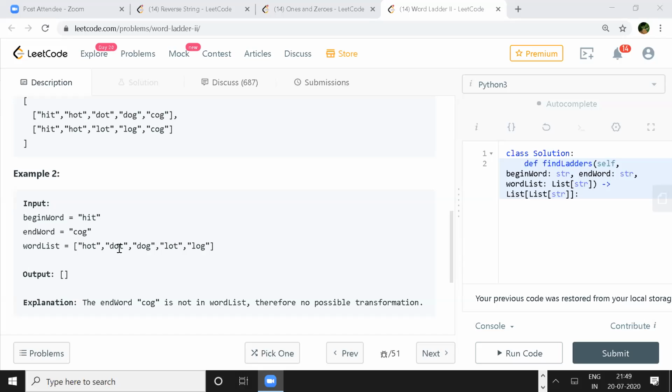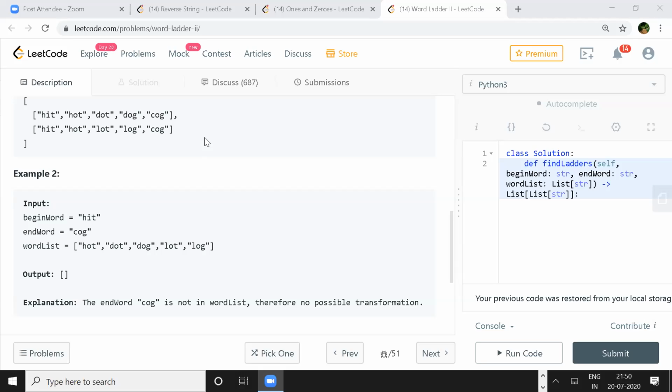Yeah, that is specific to this question, right? But in the requirement clarification, we can actually get it clarified from the interviewer, so we don't end up in the situation you are describing. Then there will be no such situation in which you will not reach the end word if we can artificially create it. It depends on the situation, right? I think we will always reach because we can create that word.